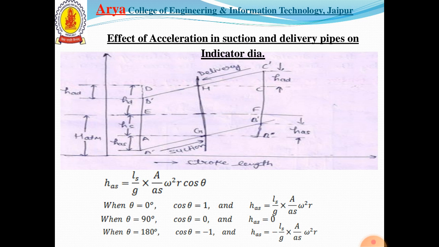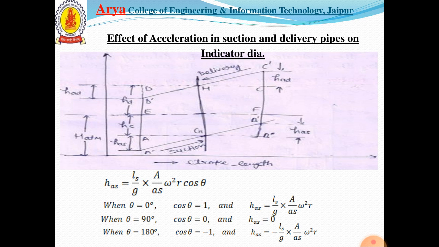From this indicated diagram, we can say the delivery side of the indicated diagram goes upward on the right hand side, and the suction side becomes lower than the theoretically decided suction head or suction pressure. The pressure head inside the cylinder during the suction stroke will not be equal to HS. It will be equal to the sum of HS and HAS. At the beginning of the suction stroke, theta equals 0, HAS has a positive value, and hence the pressure head in the cylinder will be HS plus HAS